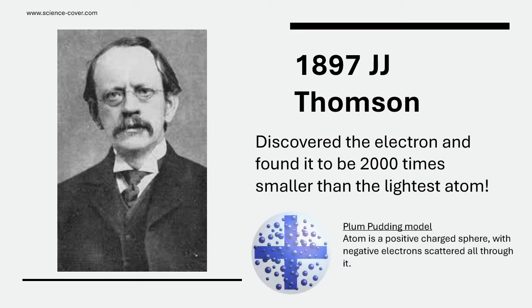So they took the spherical structure suggested by John Dalton, and they placed the electrons scattered throughout it. Now, since they knew electrons were negatively charged, this atom would push itself apart. So to prevent that, the inside of the atom was made positively charged. So what we've got is a positively charged sphere with negatively charged electrons scattered throughout it. And this model of the atom became known as the plum pudding model.